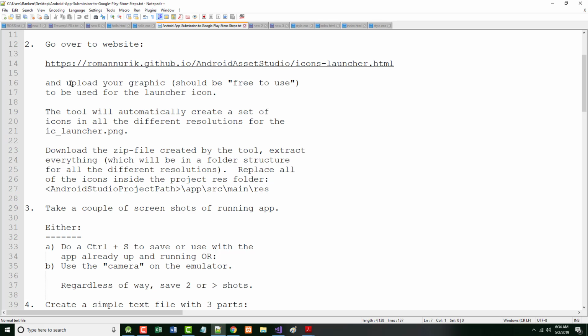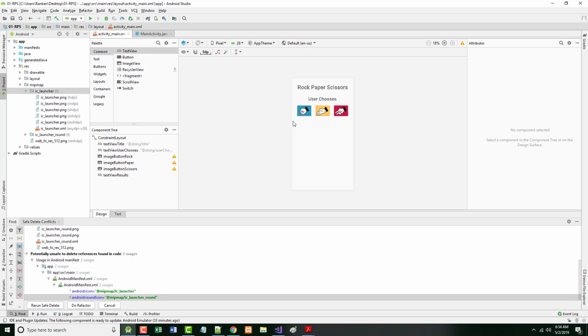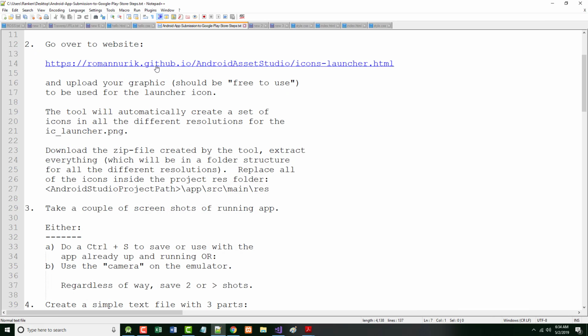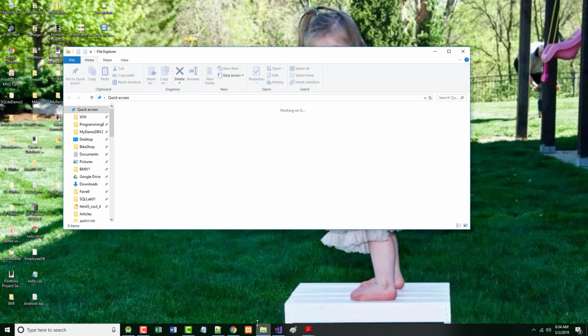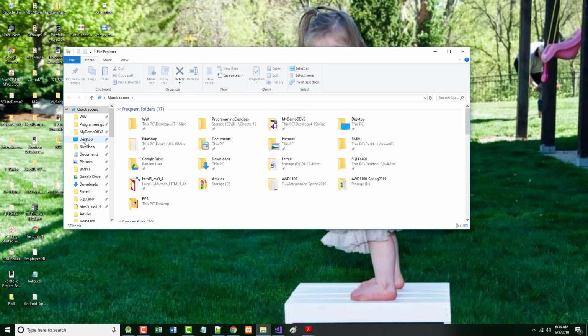All right, and what that will do is it will allow you to create your own graphic. When I say that, or use a graphic. So I went out onto Google Images, put in royalty-free rock, paper, scissors graphic, and actually I found this graphic that's right here. All right, then I ran the tool, and what the tool did, this is an FYI for you, what the tool did then